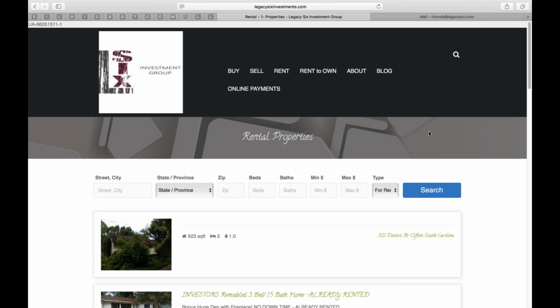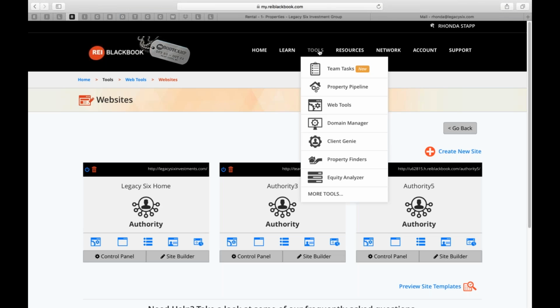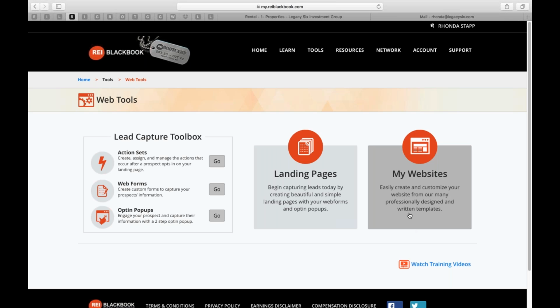So let's go back just a little bit. Let's go back to tools. Let's go back to where it says web tools, because that's where we found the websites and the authorities. Again, point and click. Once you see everything on there that's available to you,